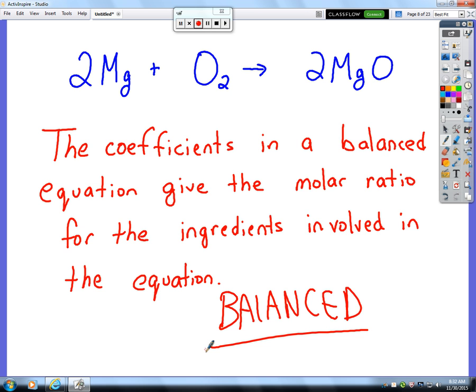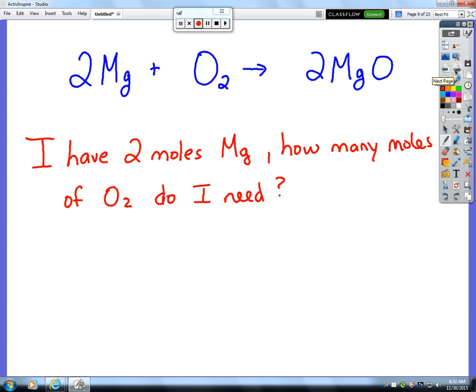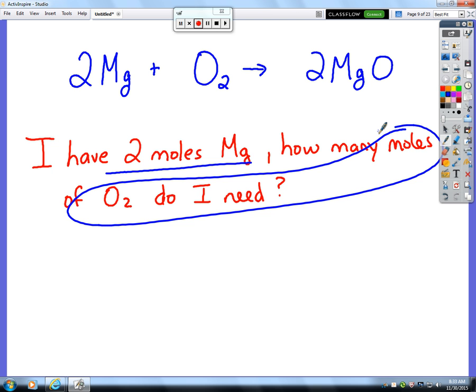So let's use this equation to do some problems. My first problem is I have 2 moles of magnesium. How many moles of oxygen do I need? So I'm going to go ahead, I'm going to underline what I know. I'm going to circle, okay, there you go, sorry, I wrote it over there, what I don't know. So what do I do? I write down what I know. I have 2 moles of magnesium,